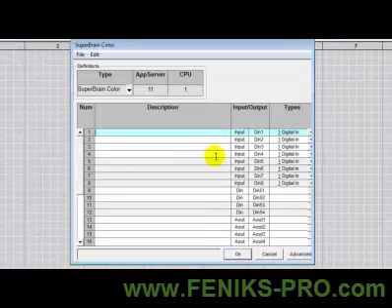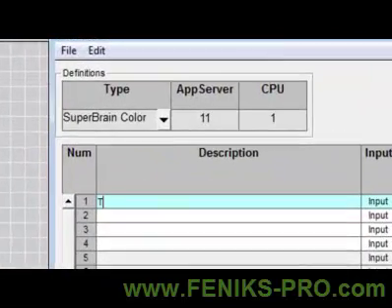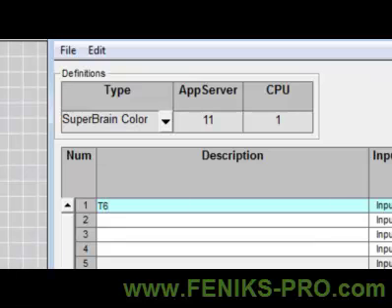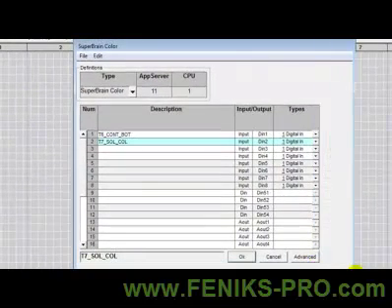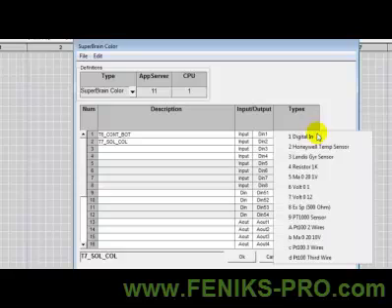So T6 container bottom, and T7 solar collector. Okay, let's select the types. We will use PT1000,